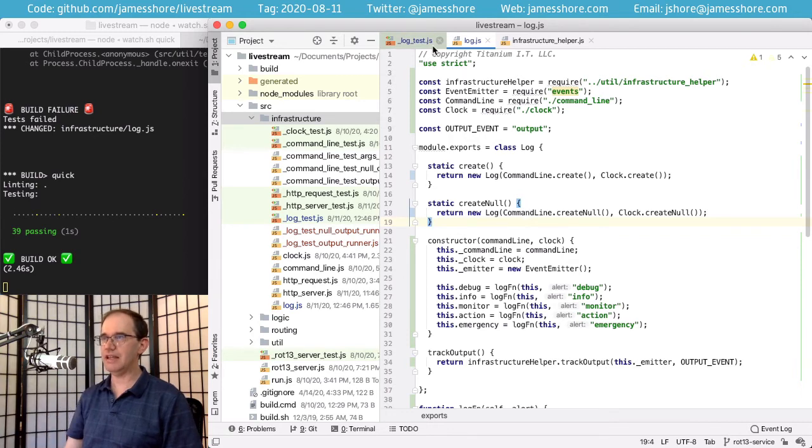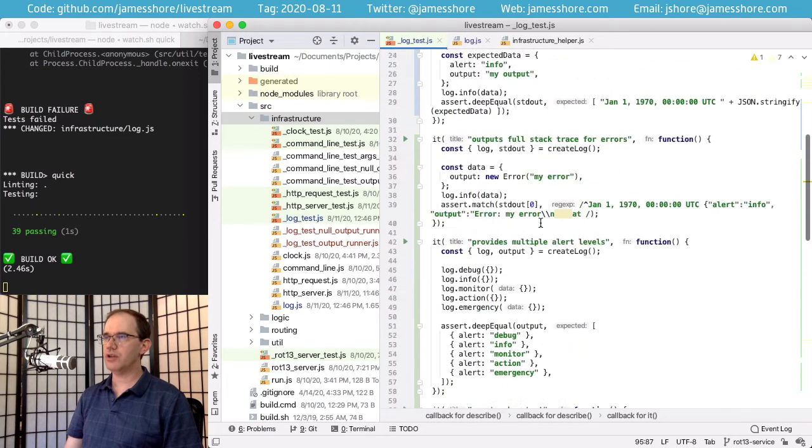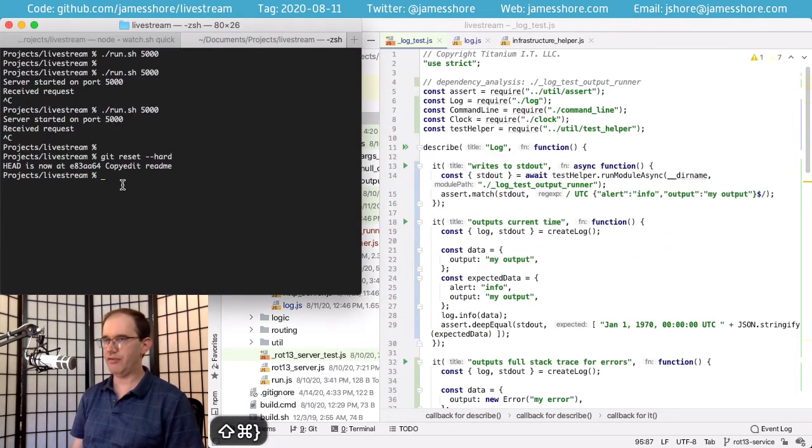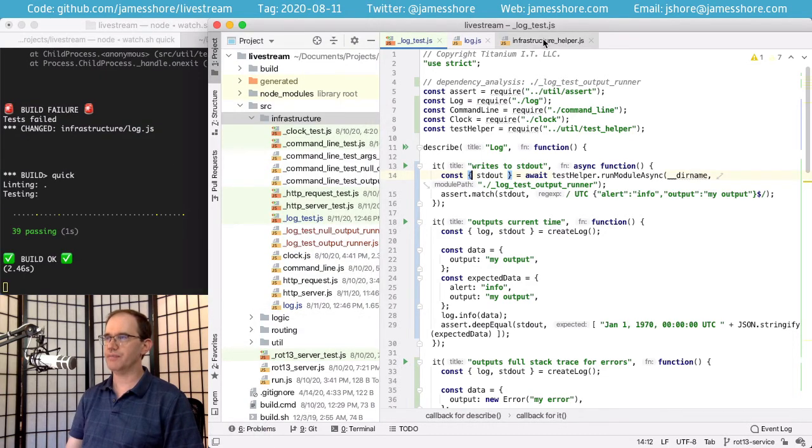And that, I believe, is our logger all done. So I'm going to go ahead and check that in. I'll have this uploaded after the end of the stream under the tag 2020-07 or 08-11-end. But for now, I'll just check it in here. We've added a log. Now what we need to do is use it.